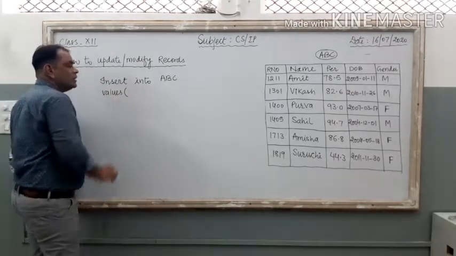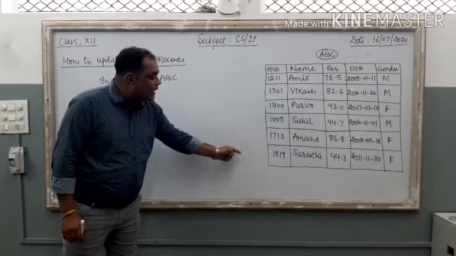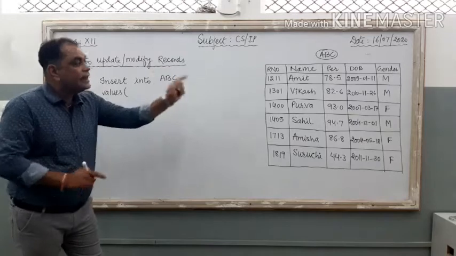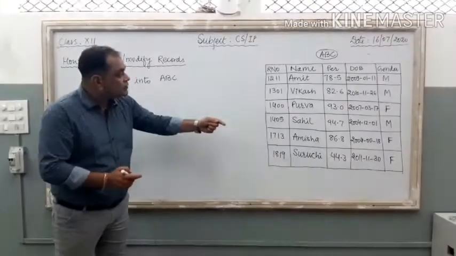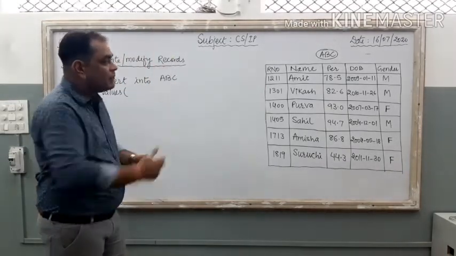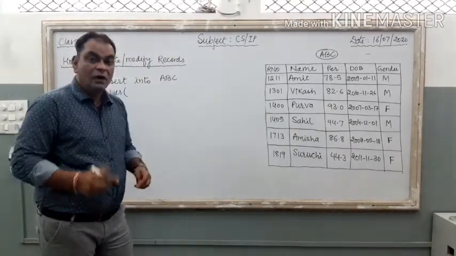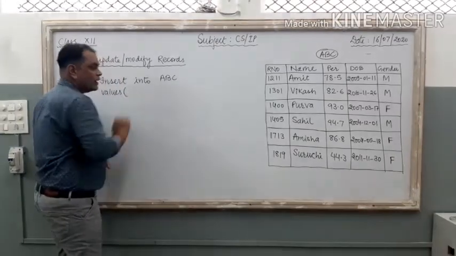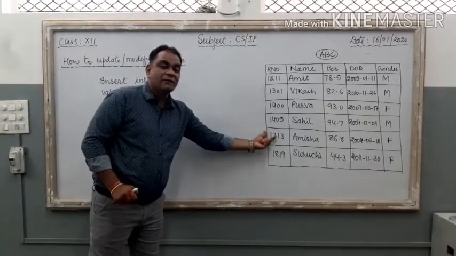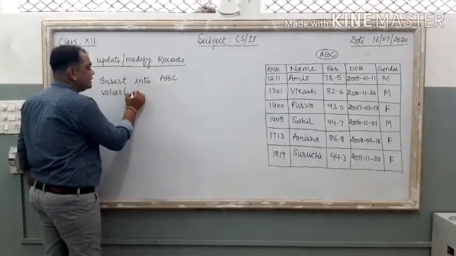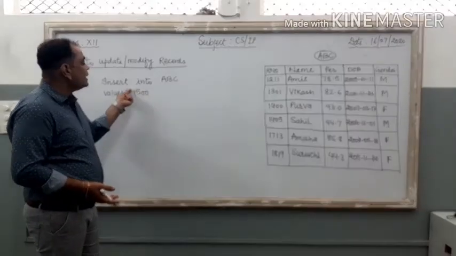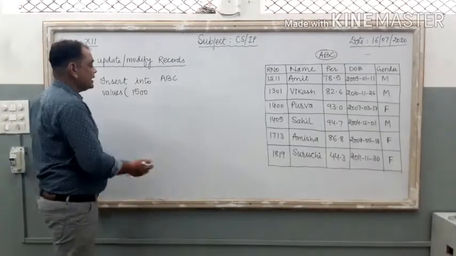After the values, now I am going to give the values according to the sequence order that is there in the table. Sequence order means the first value should be stored in the roll number column, the second value goes inside the name column, then percentage, then DOB, then gender. So here sequencing is important. Now, if I want to enter a digit in the first column, I just write 1500. It is the roll number of the student.